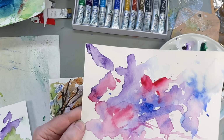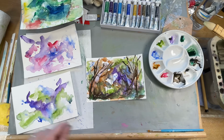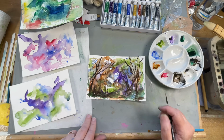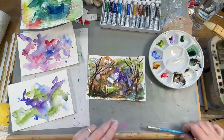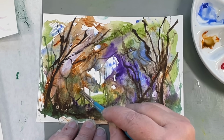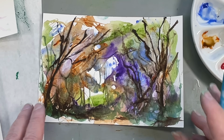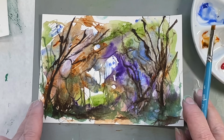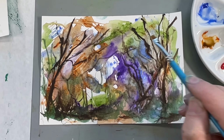I love this purple angel though. That's just so clear to me. So I probably will go back and work into that some more. And this, this is just plain fun, this one. So I'm sure that I'm going to be doing some more playing with this one. But I think for now, I'm probably running long on this video. I may just sort of finish up